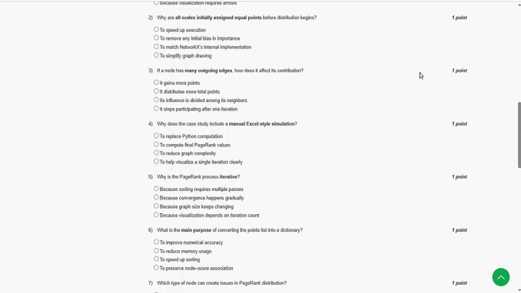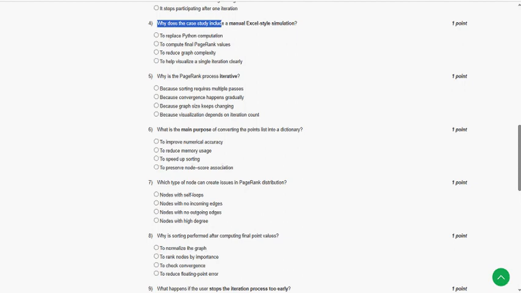Second question. For the second question, the second option is the probable solution. Next, third one, if a node has many outgoing edges, how does it affect its contribution? So for the third question, the third option, guys. Next, fourth one,